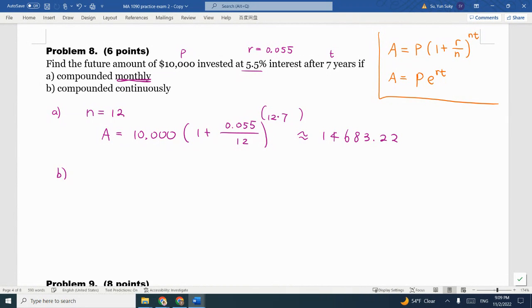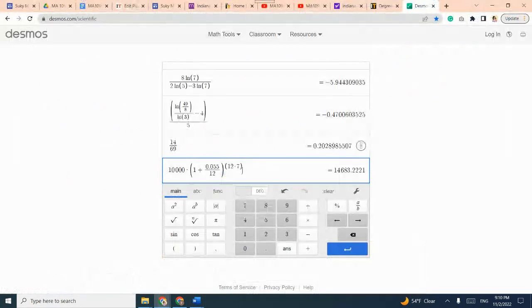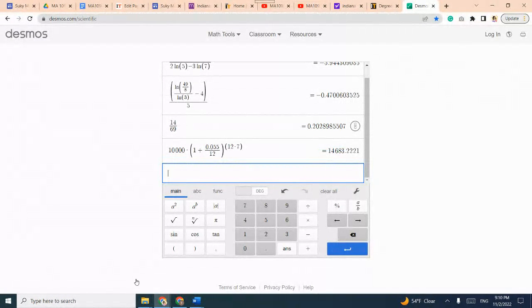Okay, part B, compounded continuously. So we use the second formula. A is P, P is 10,000, e to the r, r is 0.055, t, 7 years. And use your calculator. So, calculator: 10,000 times e to the